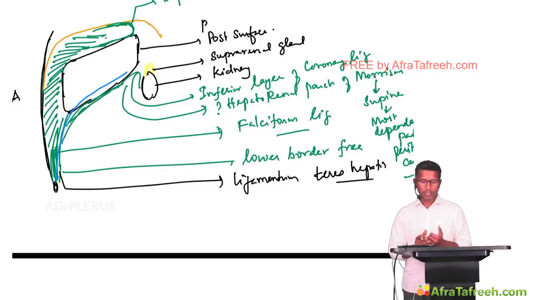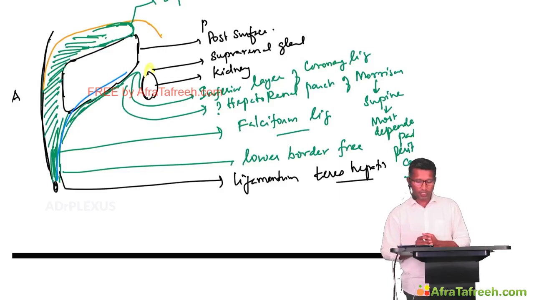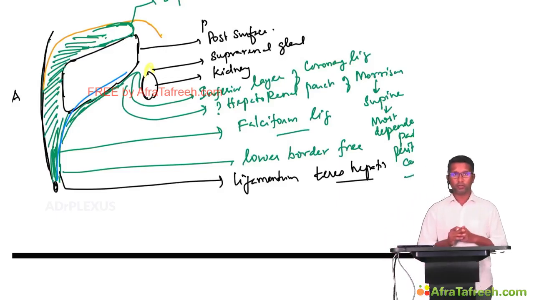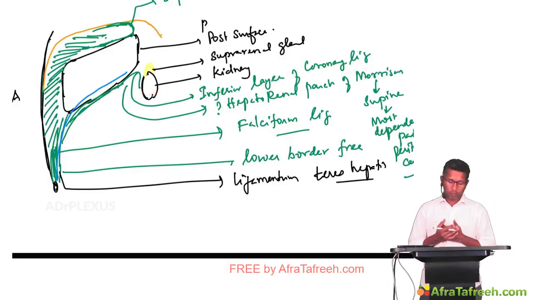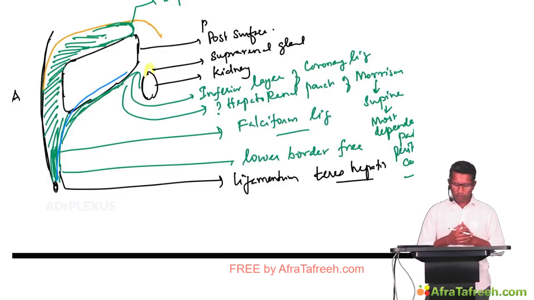So when the patient is lying, yes, accepted, Morrison's pouch, very good. It is the pouch of Douglas. Very good, Monisha, Soumya. Yes, Adira, it is the pouch of Douglas. So when the patient is lying supine, the hepatorenal pouch is the most dependent part. When the patient is erect, it is the pouch of Douglas, which is